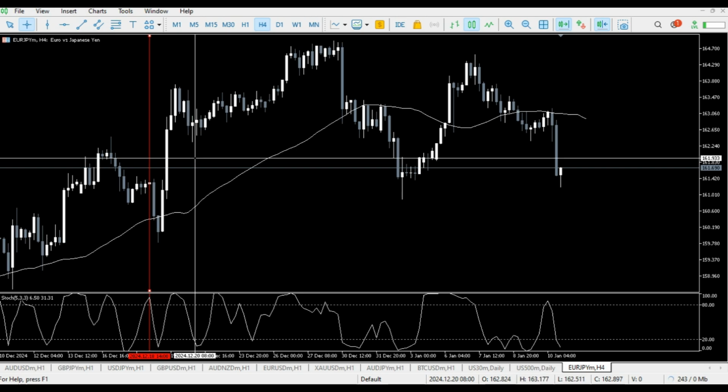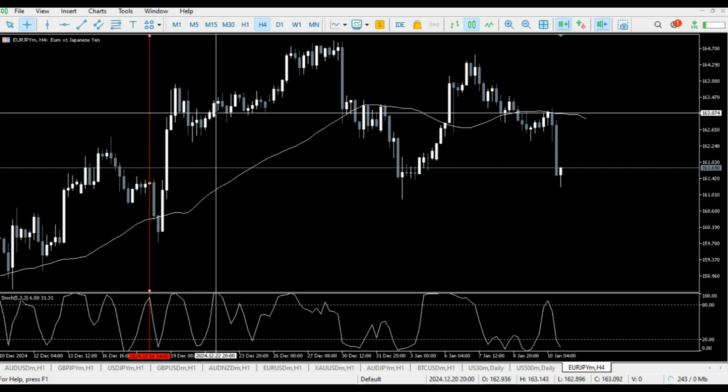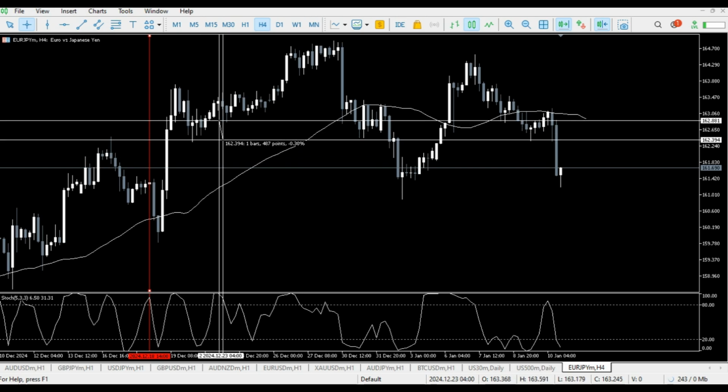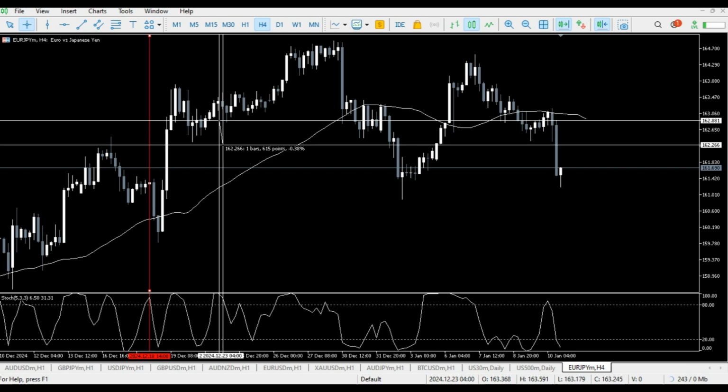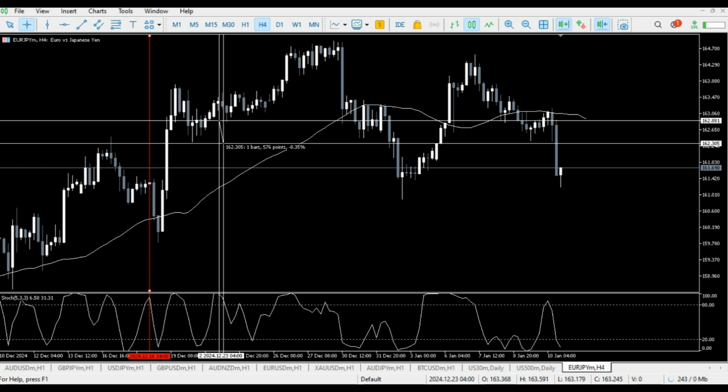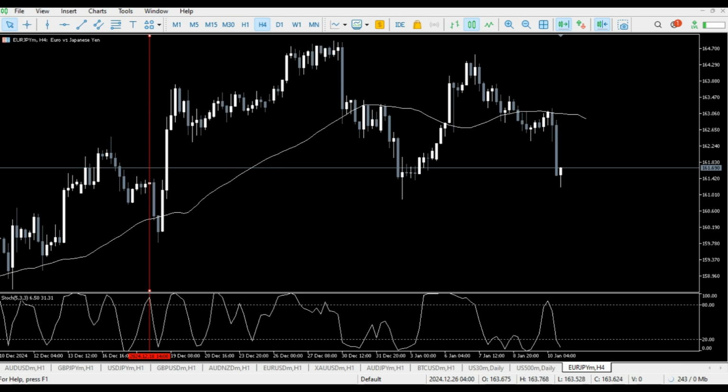Actually, the candles were a bit weak. It was okay to wait for another bullish candle to firmly confirm the trend. So this was a nice trend over here. Entry on the close of the bullish candle, a stop loss before the lower low. A target was hit 1 to 2, and then next entry,